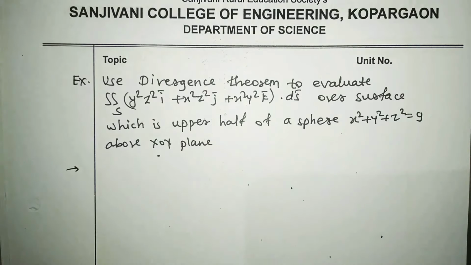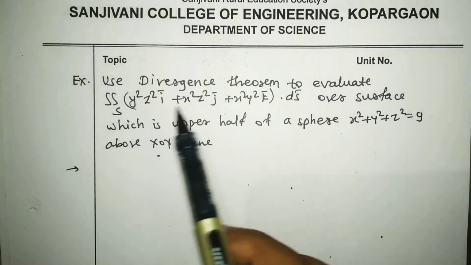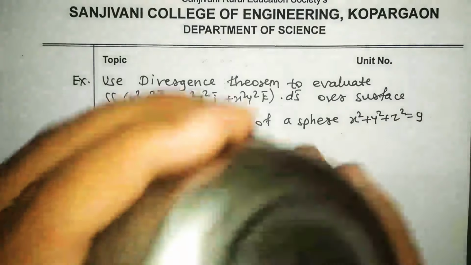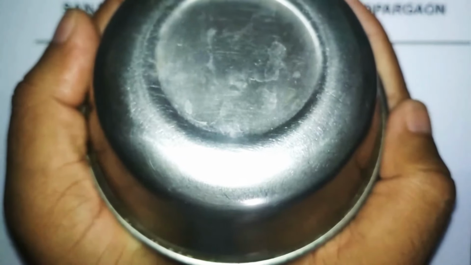So first we have to write the statement of the Gauss divergence theorem. But in this example, how can the statement be changed for the Gauss divergence theorem? So see the surface, which is the upper half of a sphere. Suppose this is our complete sphere. This is the upper surface of the sphere and this is the lower surface of the sphere. Just suppose that this is a complete sphere and I cut this sphere from the center, so you will get this half sphere.